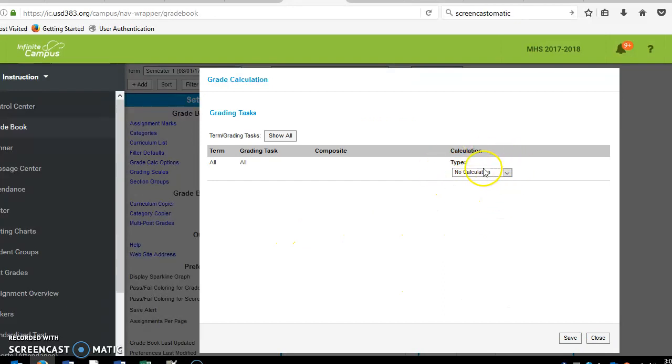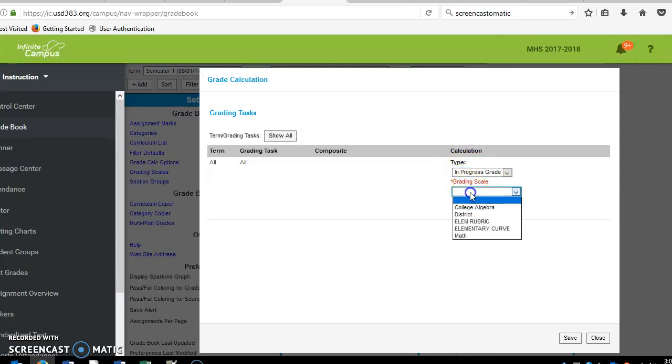Sadly, in Infinite Campus, the default setting is for no calculation, which I have no idea why, but we're going to change that. We have to change that to an in-progress grade. So even if you put assignments in your grade book, that will not calculate a score until you change that to the progress grade. And then as well, in order for it to calculate a grade, you've got to change